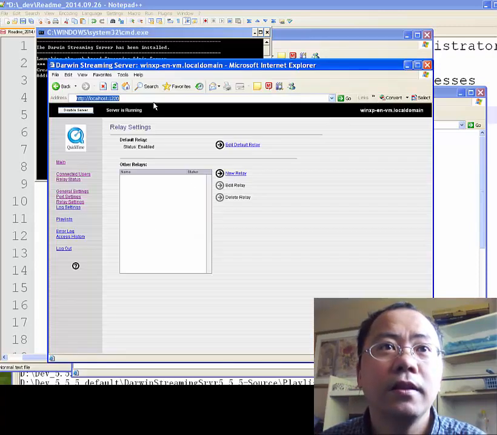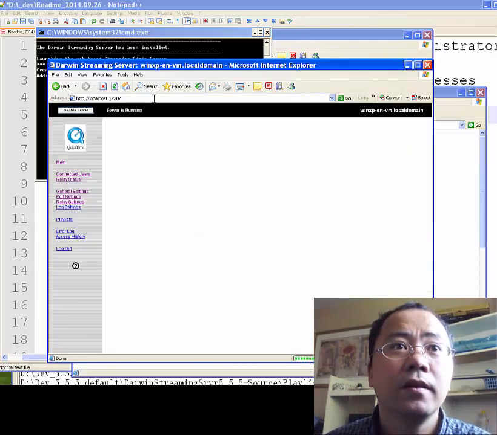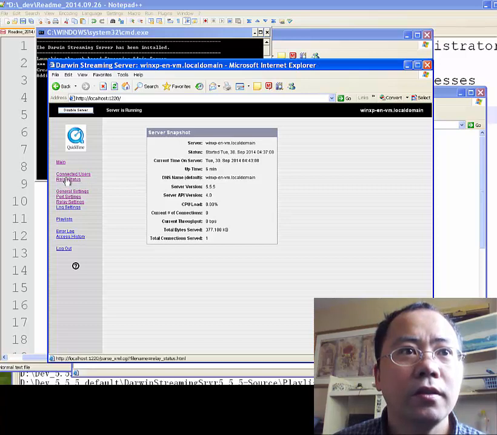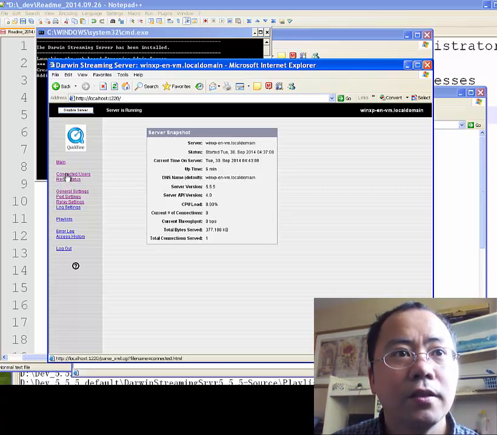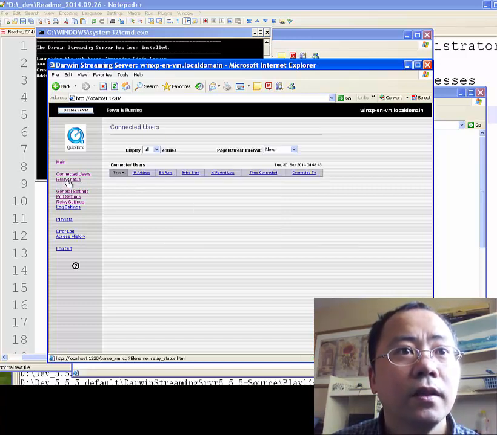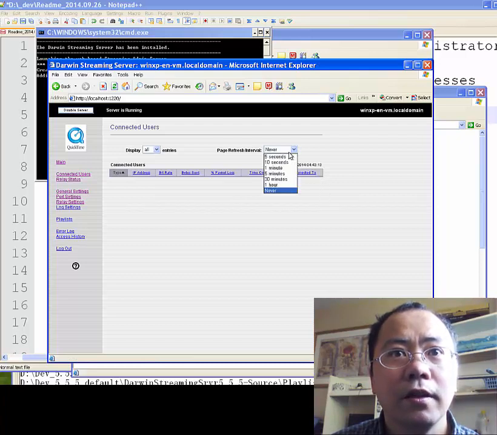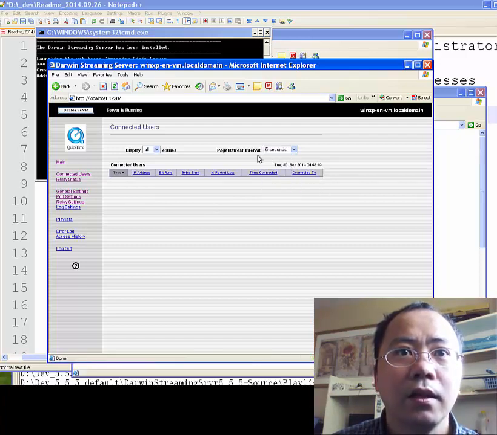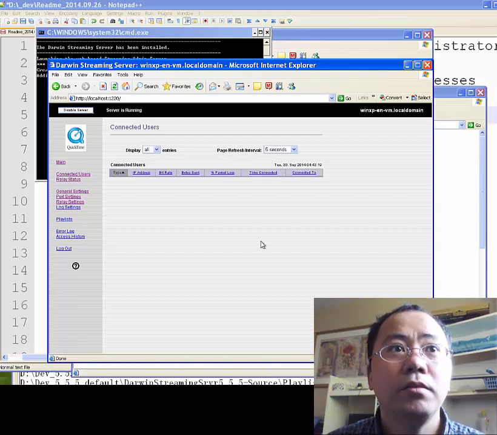So we come here. Okay, so now we log in to the server. We can see the status of the server and the connected users. Now we don't have any connected users, and we can set the page refresh interval to 5 seconds,